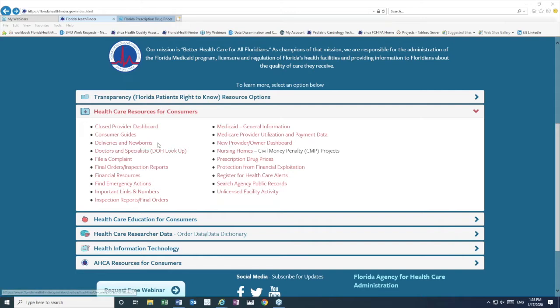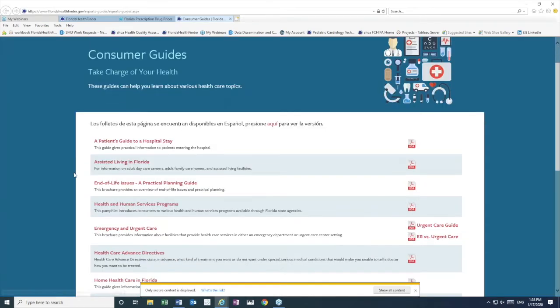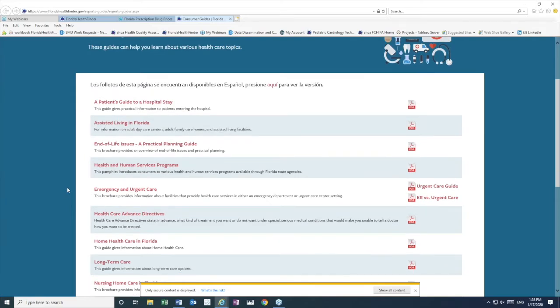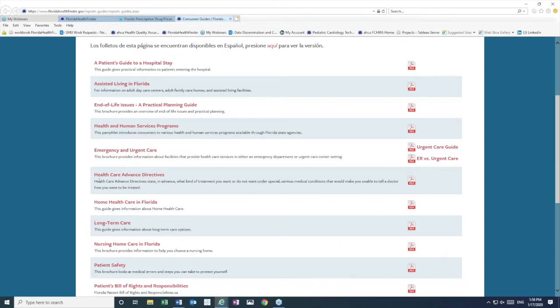Next on our resource panel is a link to our consumer guides. We'll click that. The consumer guides on Florida Health Finder provide answers from the agency on the many healthcare issues that we receive questions about from consumers. So you can see from the list here, these guides include a patient's guide to a hospital stay, assisted living in Florida, end-of-life planning, health and human service programs, a guide that explains emergency and urgent care in Florida, healthcare